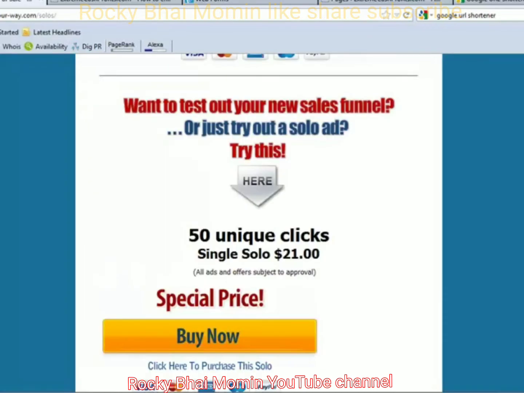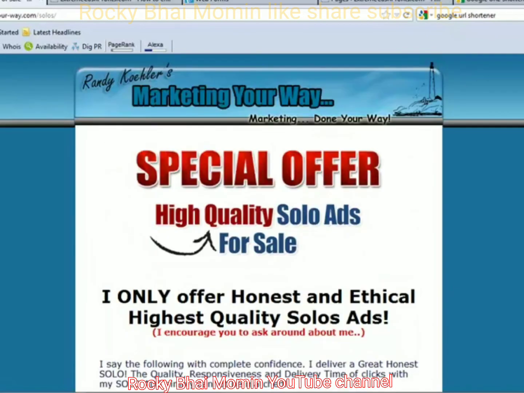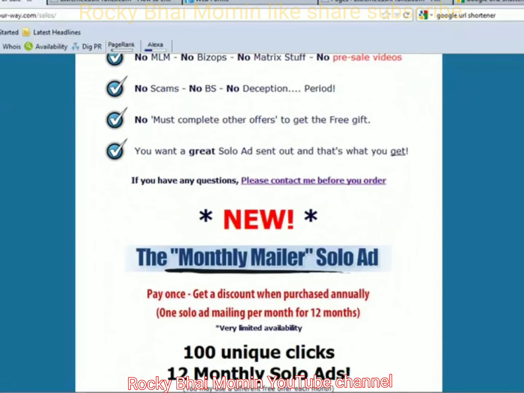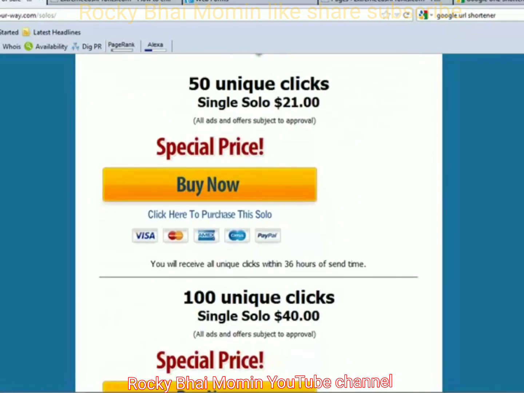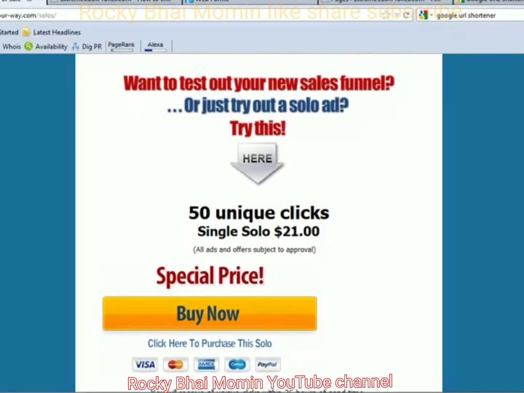So what we do is buy the ad, and then once you've bought the ad, you will get directed to a download page, and then what you have to do is email the solo ad provider owner, which in this case is Randy, and I've messaged him before when I purchased one of his solo ads. And then you have to give him your squeeze page URL so he can check it out, and obviously tell him what you're giving away for free, because they don't allow you to send any traffic